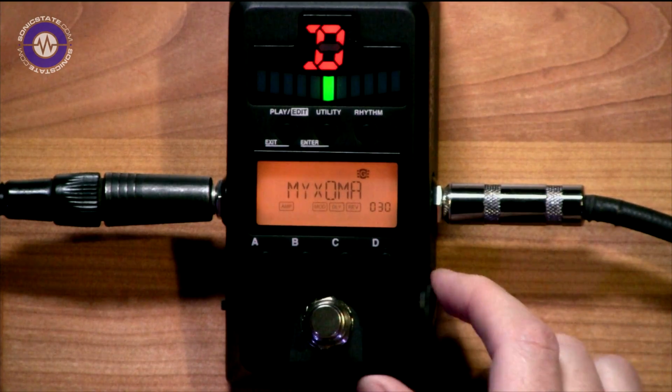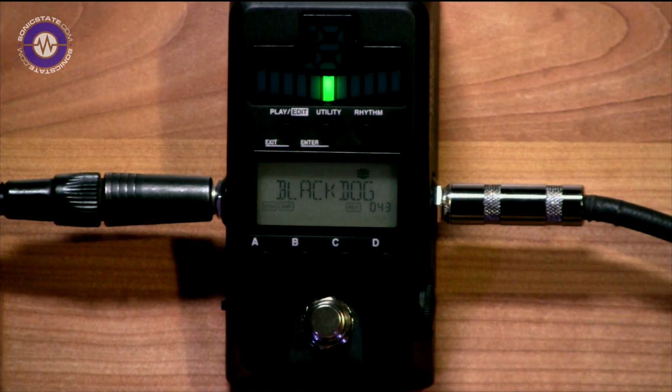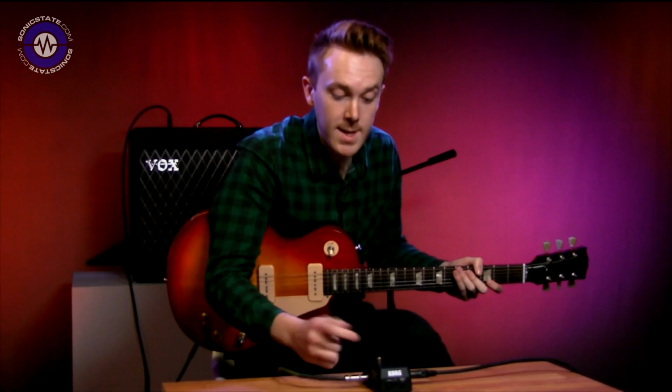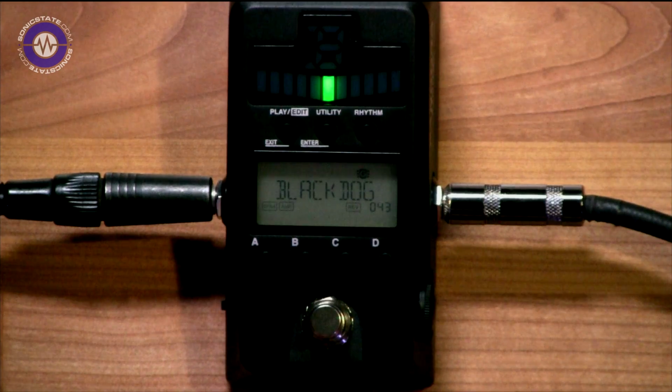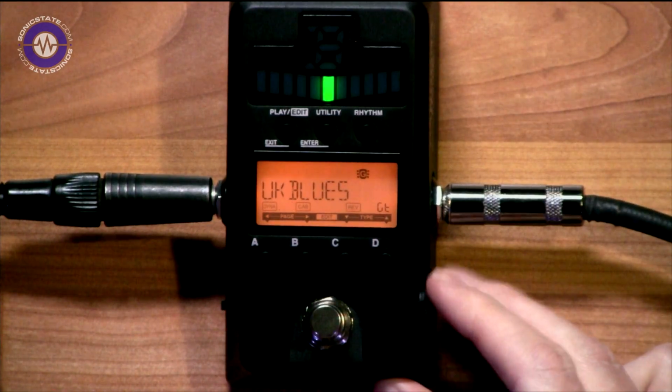I don't think I've done enough of going through amp presets, so let me just find something that isn't really offensive. That'll do. This is obviously supposed to be the sound from Led Zeppelin's Black Dog. So if I go into edit, in terms of amps,